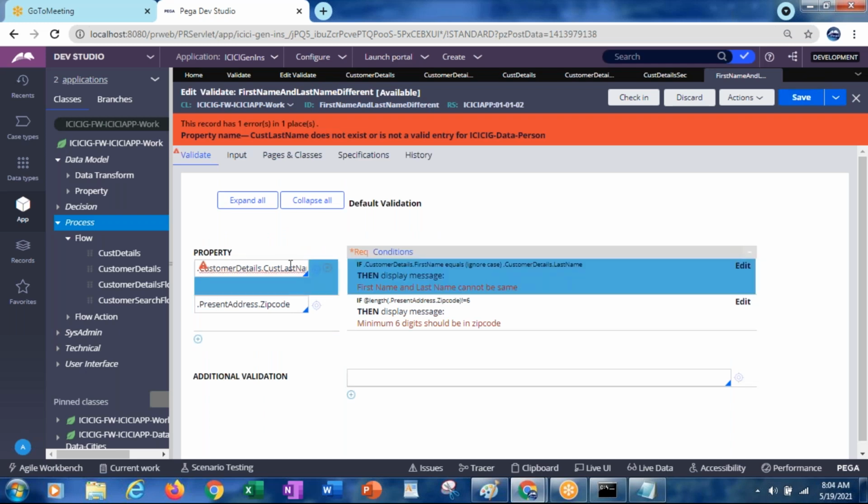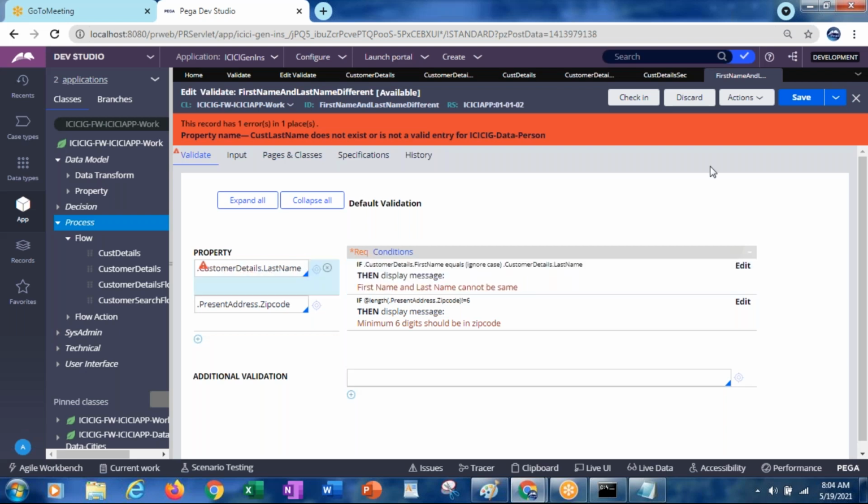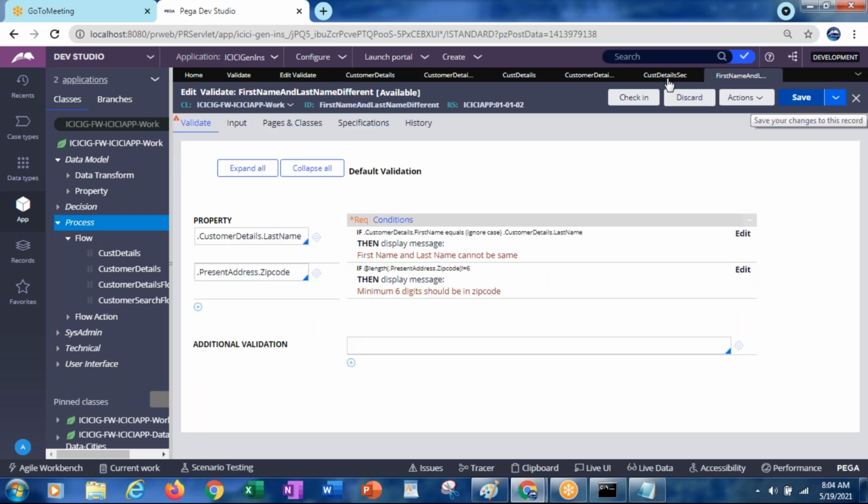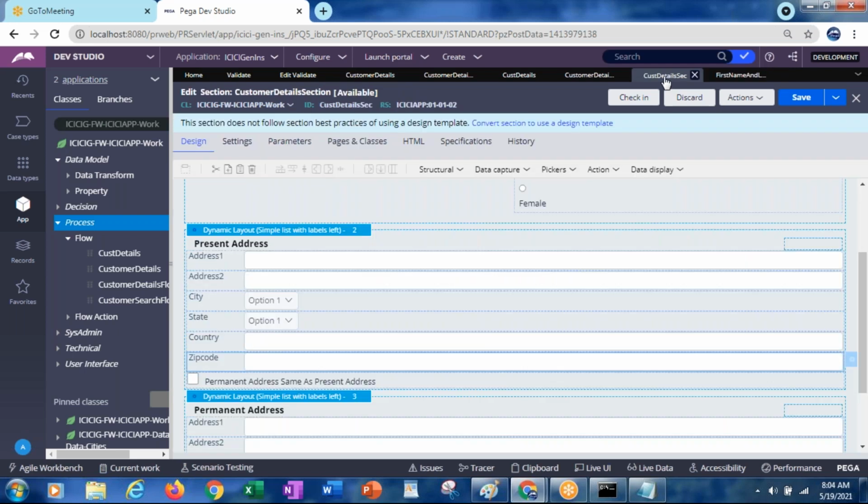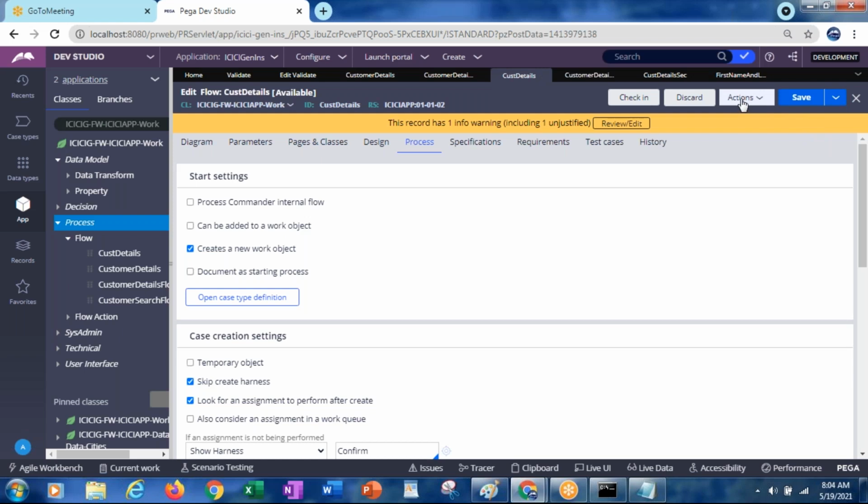Customer details dot name. Okay. No, we already applied that under the function. So now if you run, it should work.